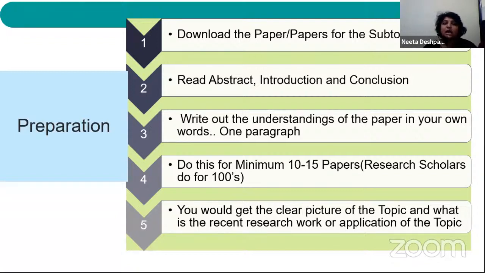What I will do is, now I must select at least 10 papers of the topic that I have selected. Normally researchers or scholars select 100 papers or so. So what you will do is you download those papers, and you read the abstract, introduction and the conclusion part of the paper. Research papers are at a very high level. So if you start reading the paper at the very first moment, it is very, very difficult to understand. You won't be able to understand the paper at the first instant. Even researchers take months to understand the entire paper.